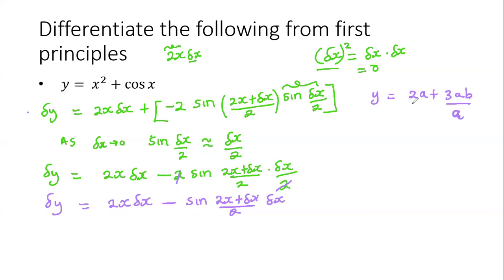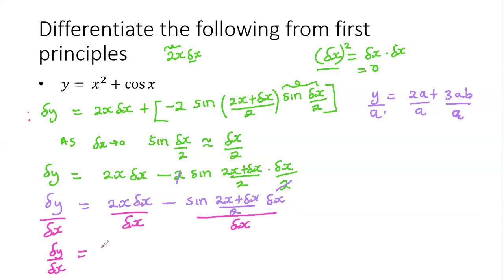I say divide by a, divide by a, divide by a. That's how you divide. Similarly, for this particular one, I will divide here by delta x, here by delta x, and here by delta x, such that I get delta y out of delta x equal to